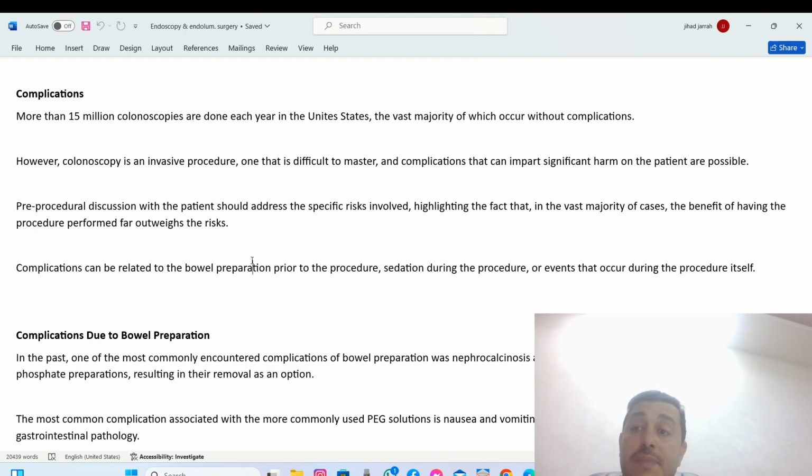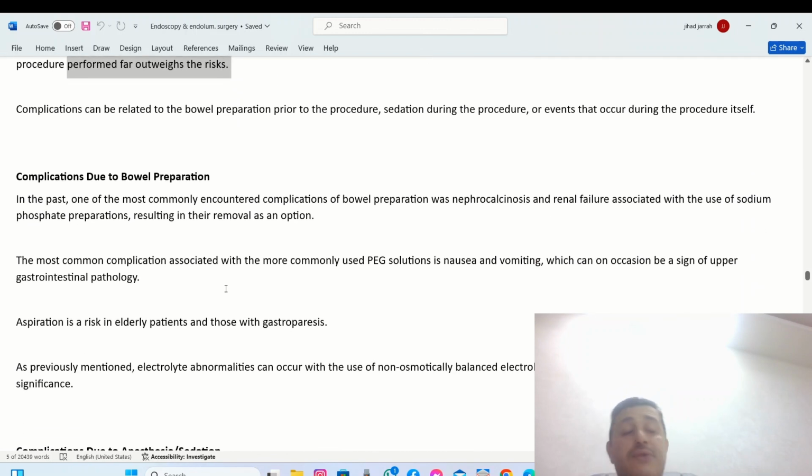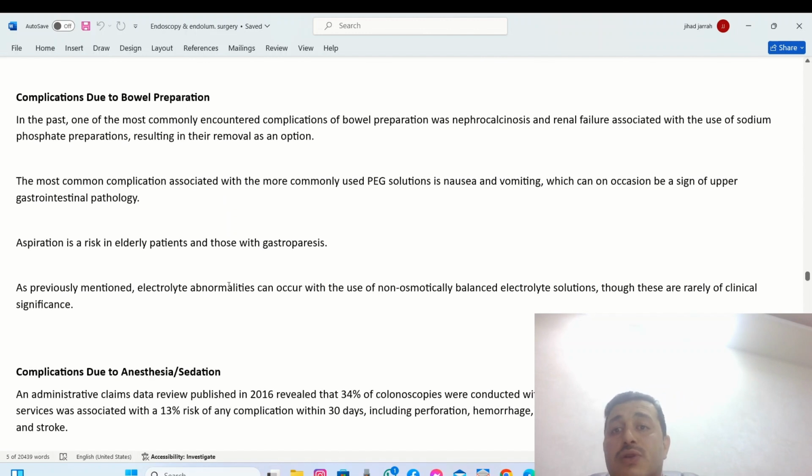Actually, these complications should be discussed with the patient even before starting the bowel preparation, and you should explain to the patient that the benefit of having the procedure far outweighs the risk. These complications can be related to bowel preparation, or to anesthesia, or to the procedure itself. If we are talking about bowel preparation, so the